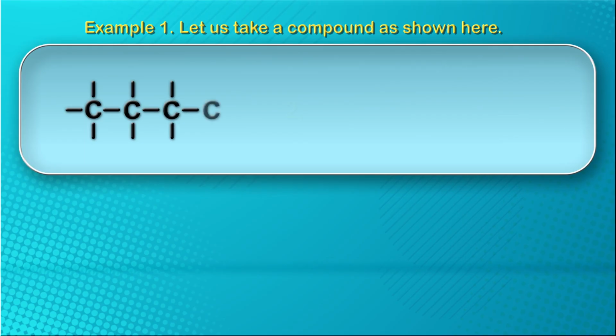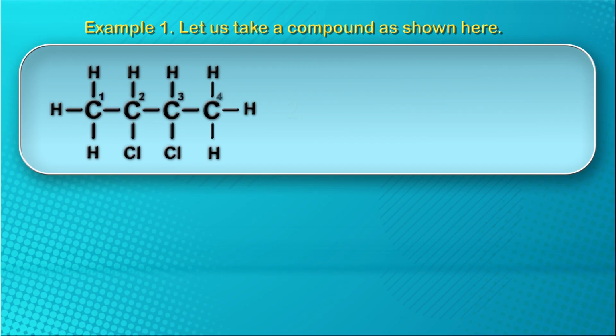Example 1. Let us take a compound as shown here. The number of carbon atoms present in the given compound is 4. Now, we give the numbering to carbon atoms, that is 1, 2, 3 and 4. We can notice that the chlorine atoms are present at the second and third carbons respectively. Now, following the order of naming the carbon compound, the name of the compound is